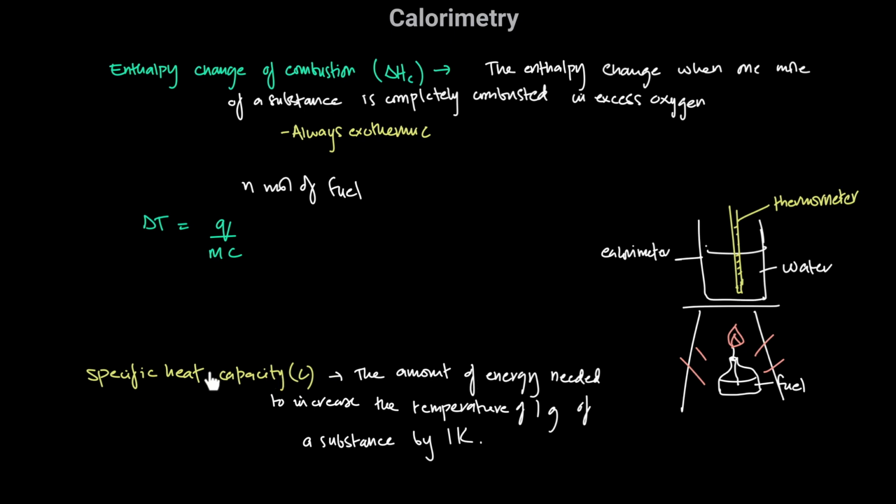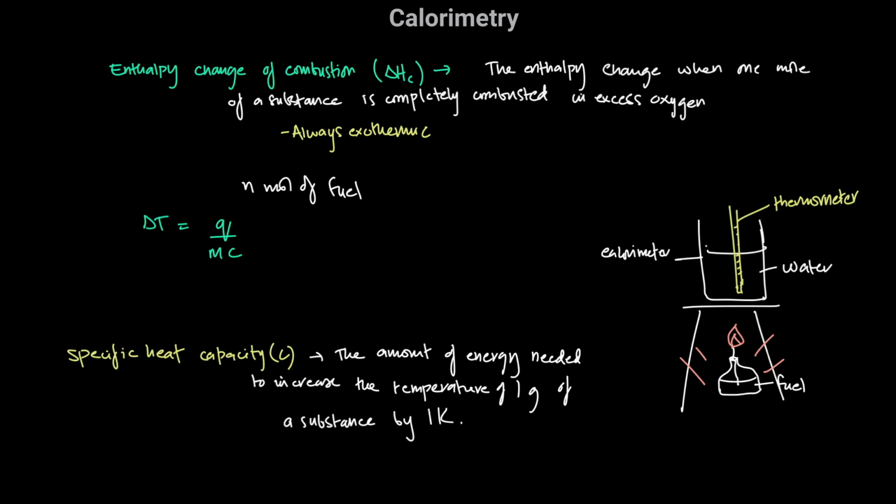So insulators have high specific heat capacities. Conductors have lower specific heat capacities. Lesser energy is needed to raise their temperature. So for example, a metal would have a lower specific heat capacity than water. And the specific heat capacity for water is 4.18 joules per gram per Kelvin. So 4.18 joules of energy are needed to raise the temperature of 1 gram of water by 1 Kelvin